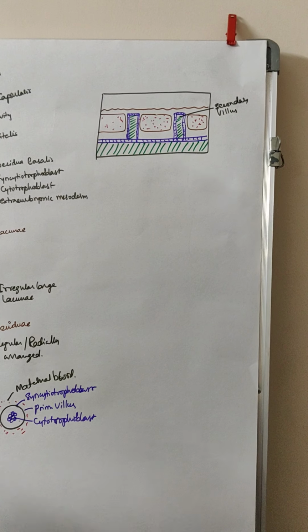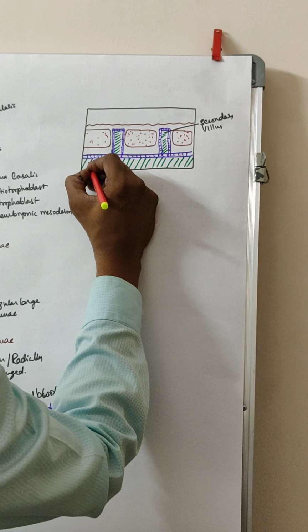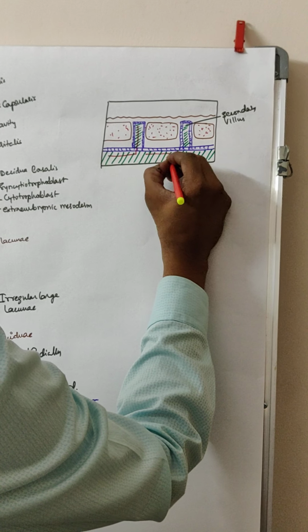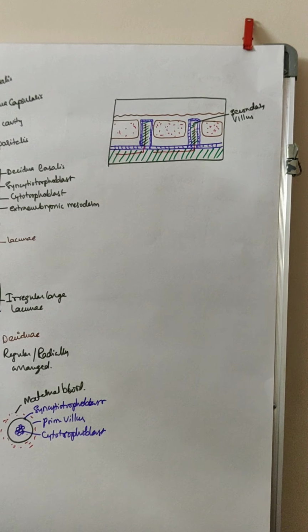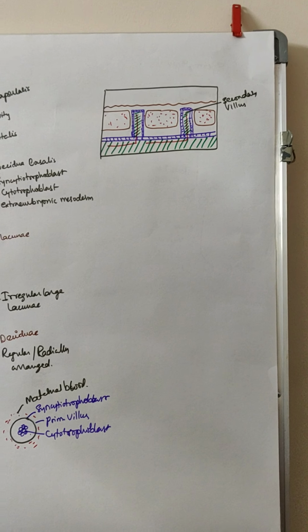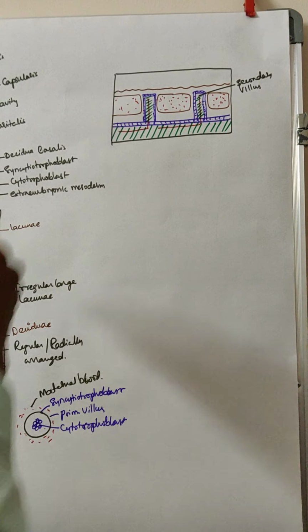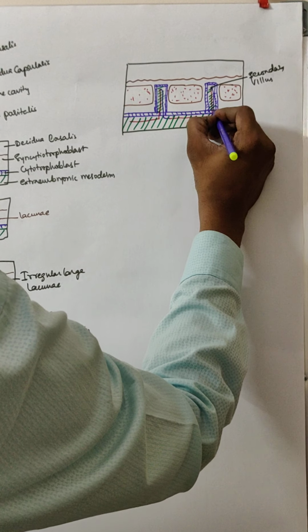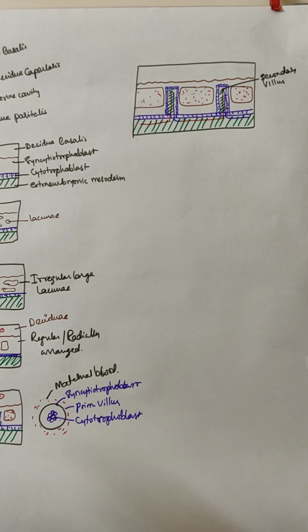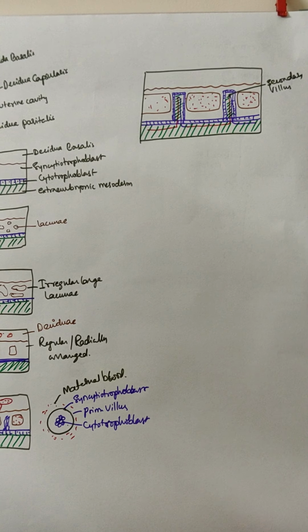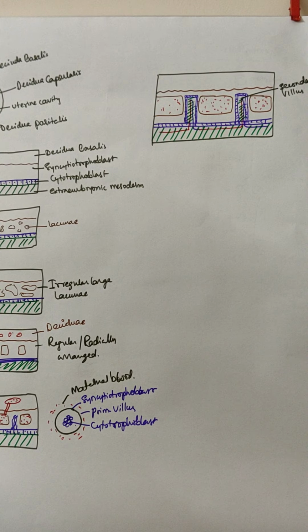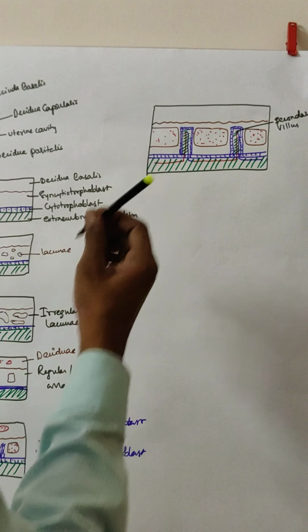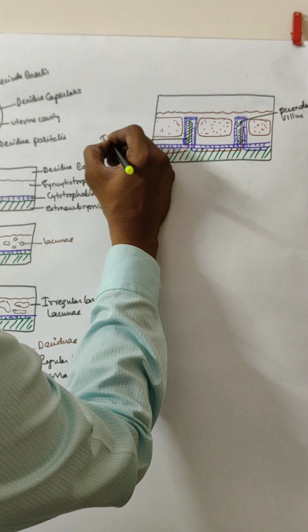So now the fetus also slowly develops blood vessels. Once the fetal circulation is formed, I'm just using the same sketch pen, veins and arteries are formed. Now the fetal circulation also comes in between. So once the fetal circulation enters this villus, it is now called the tertiary villus.